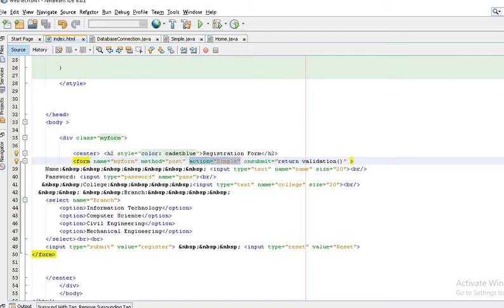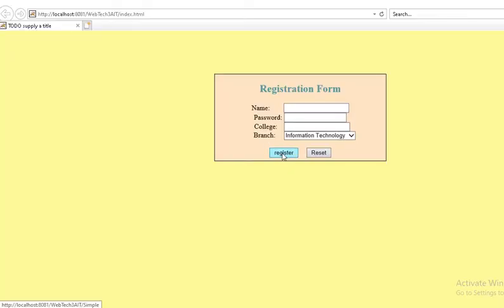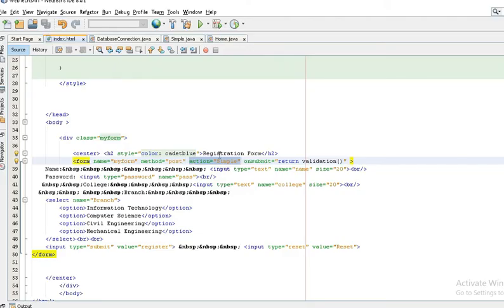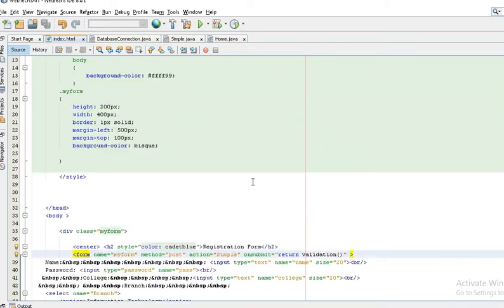If someone clicks on this registration and clicks on the register button, it will show the action. What will happen if somebody clicks on the register button? So it will go to the simple, right?